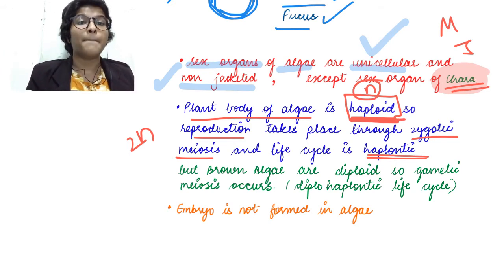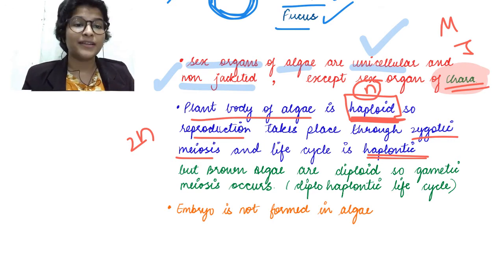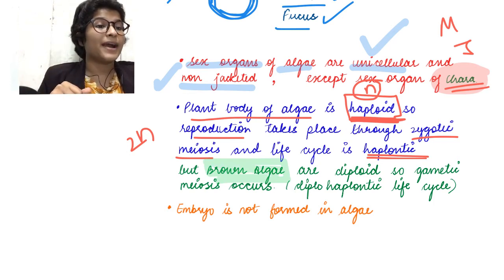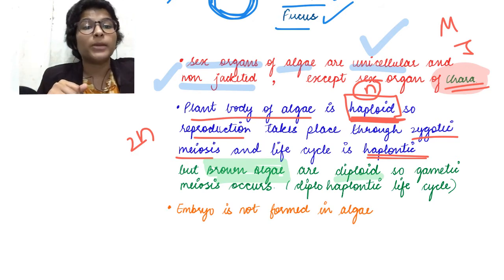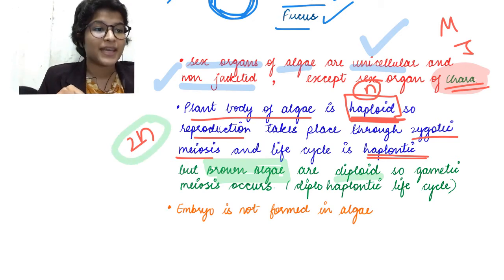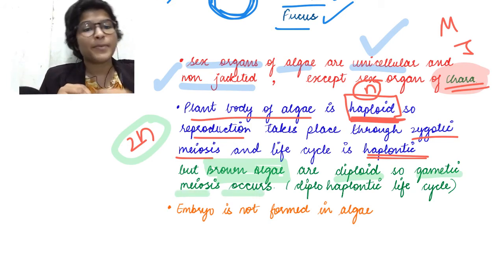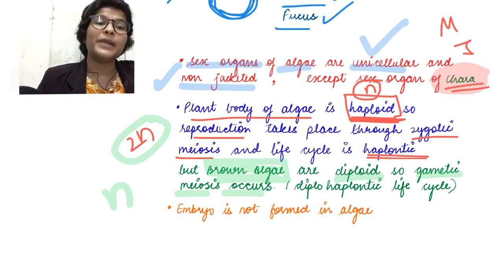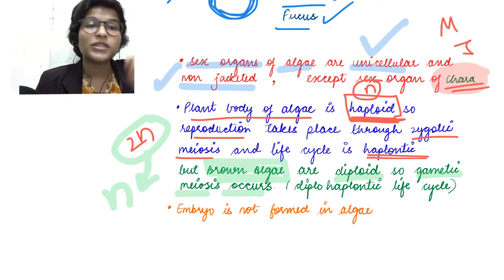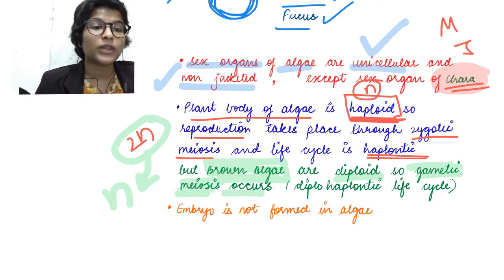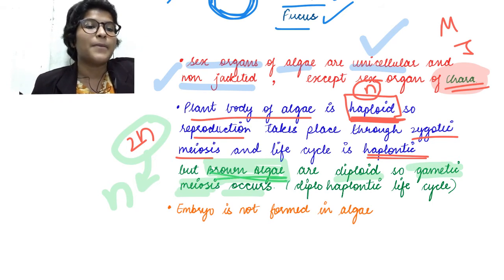ठीक है, but इधर भी एक exception है. क्या? Brown algae. ठीक है, so इसमें क्या exception है? Brown algae are diploid, यानी कि उनके body में 2n number of chromosomes है. ठीक है, therefore, gametic meiosis occurs. इसका क्या मतलब है? गमीट हमें पता है कि n नंबर ऑफ क्रोमोसोम से होते हैं, तो गमीट बनाने के लिए सेल को मियोसिस अंडरगो करना पड़ेगा, इसीलिए इसको कहते हैं गमीटिक मियोसिस. ठीक है, ये होता है ब्राउन एल्गे में. ब्राउन एल्गे अंडरगो गमीटिक मियोसिस.